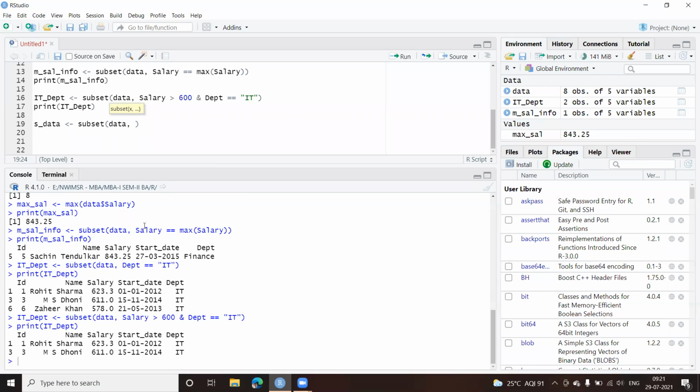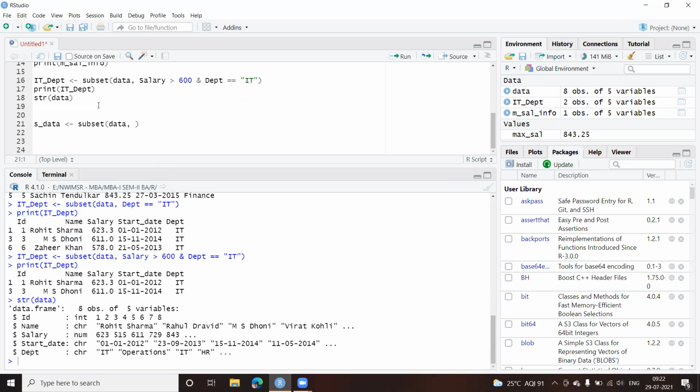Now here comes the condition. Whenever we are comparing two dates, in the memory, if you look at the date column here, let us look at the structure first. So I'll do one thing. I'll display str in brackets data. Okay, let's run this one. Now here you can see the date value is not stored as a date, but as a character, CHR. That means I need to convert this into a date if I have to compare it.